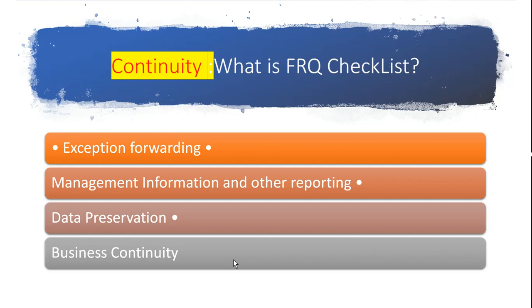The data preservation, how the data will be preserved. Suppose I am capturing some data locally, how often I have to move it into the archive. So that type of data preservation. Business continuity plan: suppose some cyclone like Gaja happens in Tamil Nadu, probably at that time Delhi or Gurgaon or some other area must have a business continuity plan. They will open some other servers, cluster servers there. Then they will work with the FRQ options.